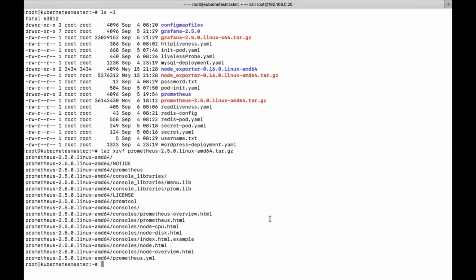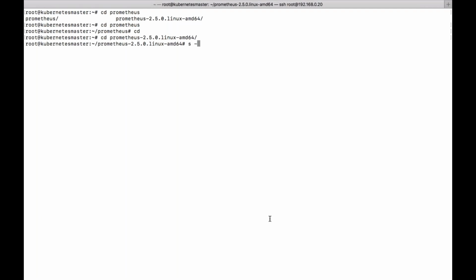Okay, it is extracted. So now I need to go to the Prometheus 2.7 directory.